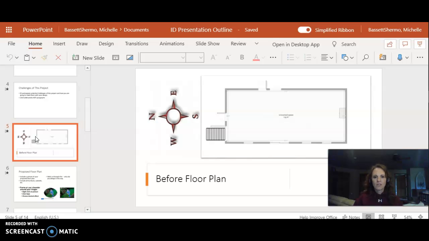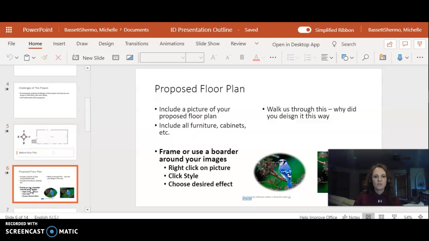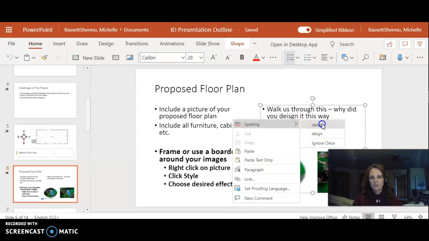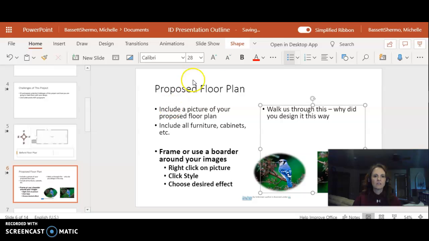This is the before picture, the before floor plan. Then you're going to include your proposed floor plan. Now you can draw it out like I did on paper. You can use a computer program. What you'll notice, though, I have a misspelling. What you'll notice is that